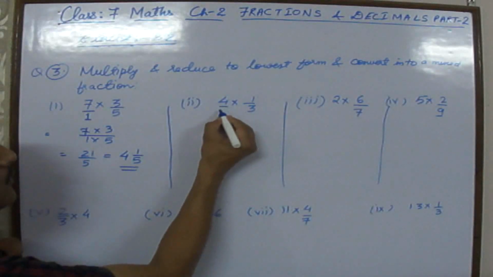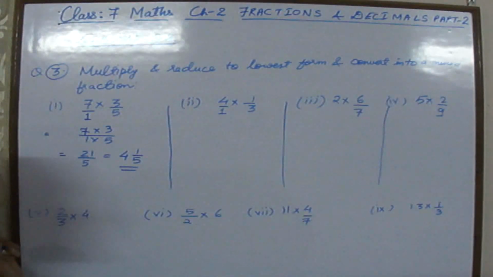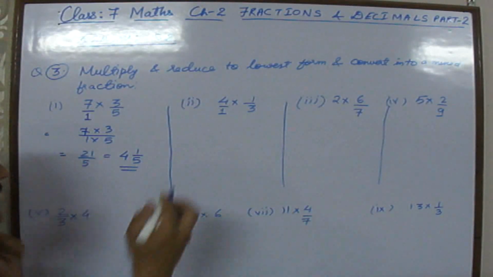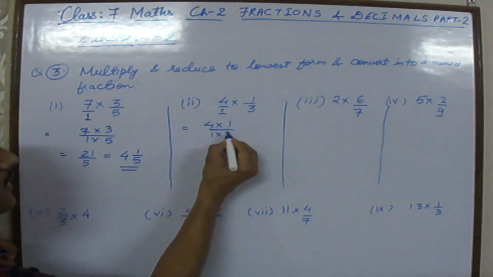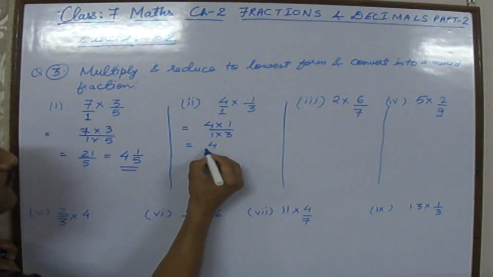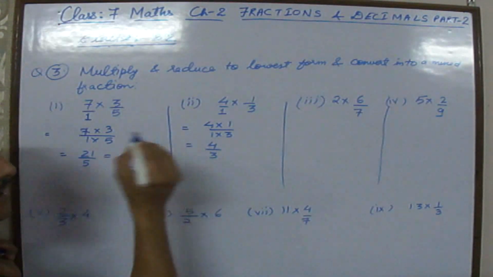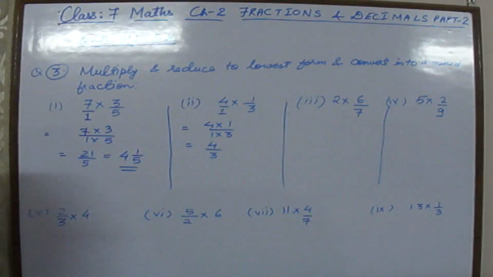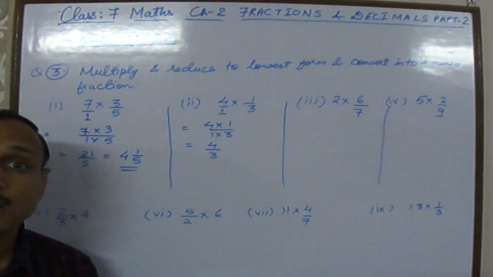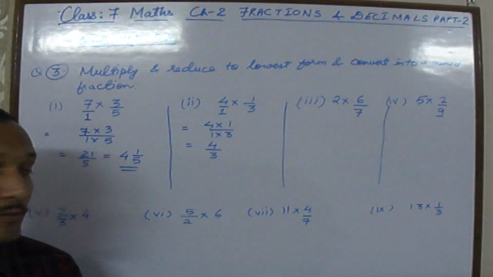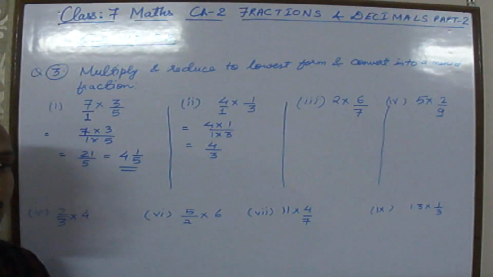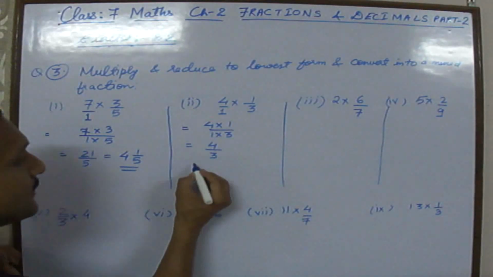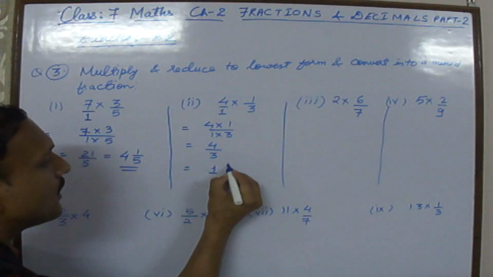So again let's put 1 as denominator. If you are looking at a whole number, then put 1 as denominator. Now multiply numerator, 4 1s are, and 1 3s are. Now 4 1s are 4, 3 1s are 3. Now again it is an improper fraction. Only an improper fraction will be converted into a mixed fraction. Otherwise, if it is proper, we can't convert. So 4 by 3, 1 1 by 3.